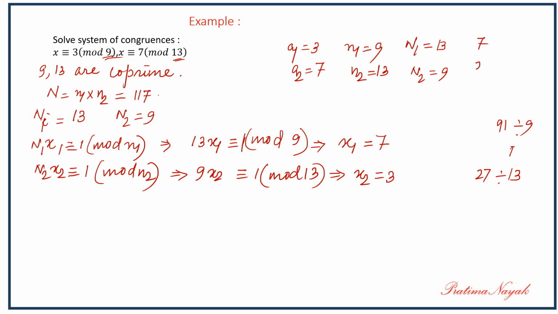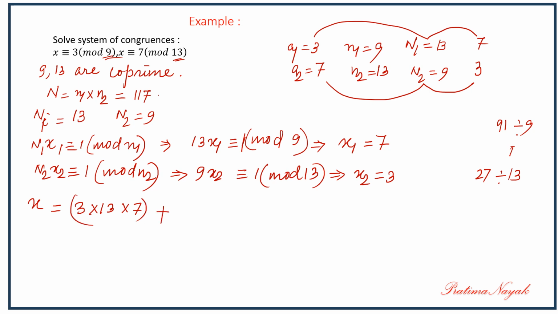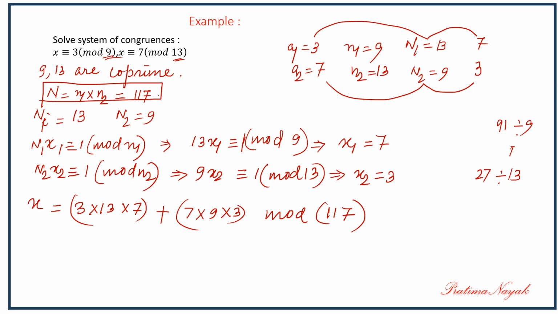So 7 and 3. Now I'll multiply a1 and this. So x equals 3 into 13 into 7 plus 7 into 9 into 3 modulo n. What is n? n is equal to 117. So x is equal to, now you will multiply, it will be 273 plus 189, modulo 117. If we add this, it equals 462